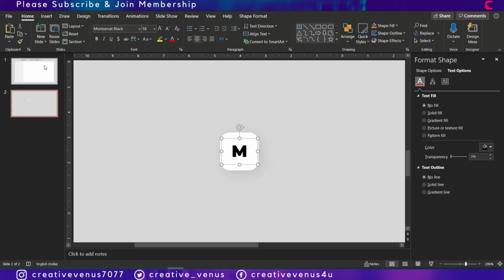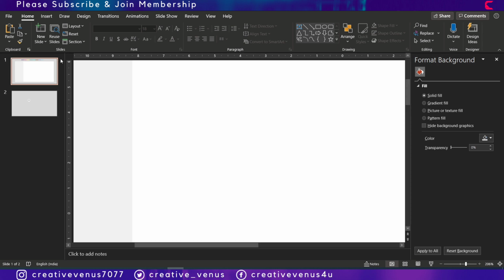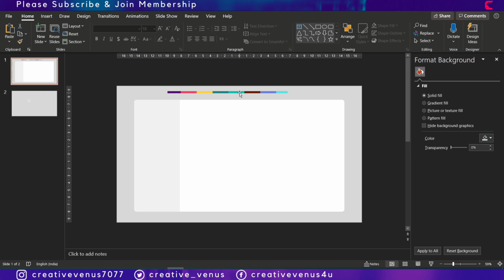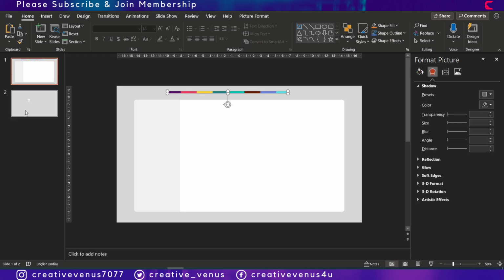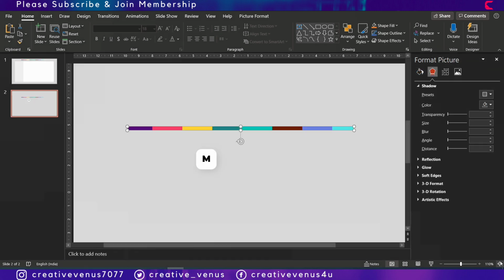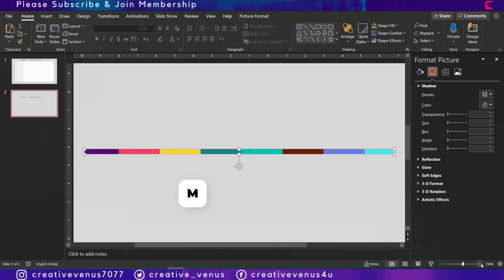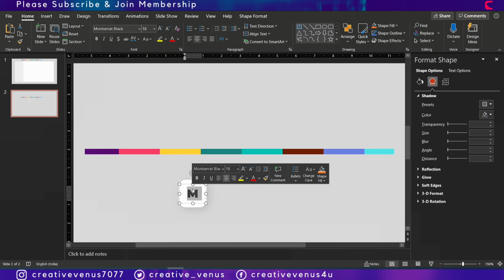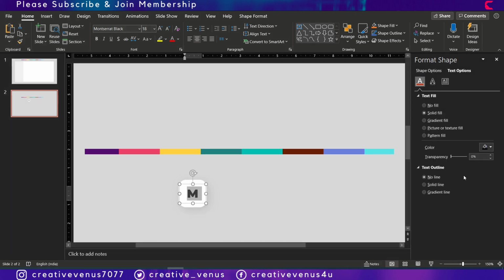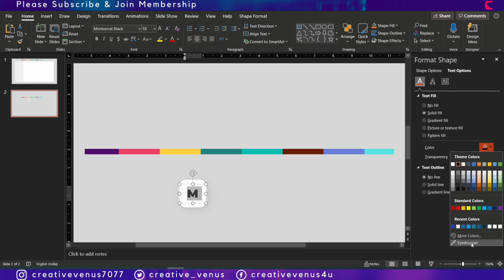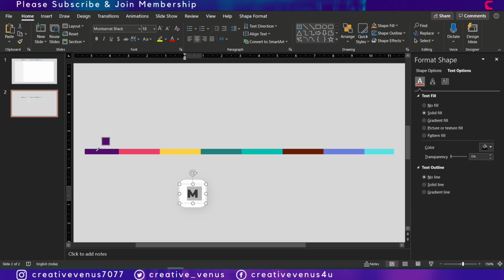and now go to the first slide and copy the color palette and paste it on the second slide as well, so that we can use the eyedropper tool to fill the same color on the text as well. So we will use different colors for each day of the week. Now you can use the eyedropper tool to fill the color here,